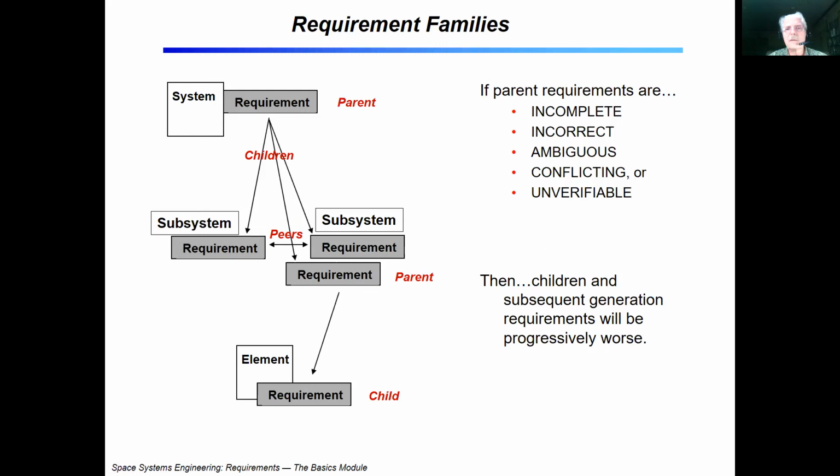All right, so this is a warning slide. You have a set of requirements up here which are called parent requirements, and those are going to flow down to your subsystems. However, if you don't produce those parent requirements correctly, if those parent requirements are incomplete or incorrect or conflicting or ambiguous or whatever it is, then the children are going to be that way too. So it just flows through your whole system if you don't spend the time up front on what your requirements